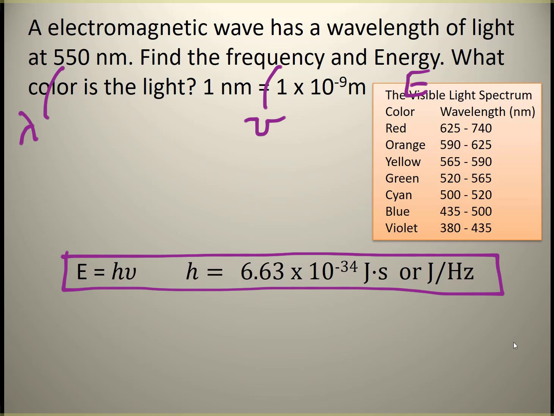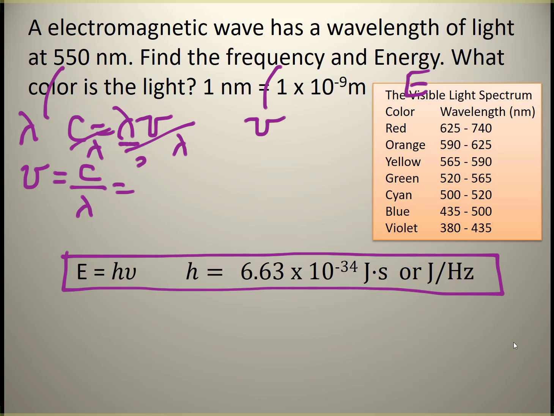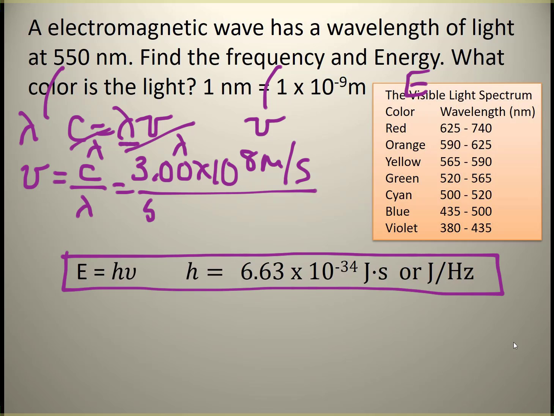All right, so let's go ahead and do this one. First of all, I need to use the speed of light formula because that's the only one that has that little lambda in it. So it's the only one that has that funny looking backwards H. I am going to solve for frequency. Rearranging this, if I divide each side by the wavelength, I get frequency equals speed of light divided by wavelength. So I get 3 times 10 to the 8th meters per second divided by my wavelength, which is